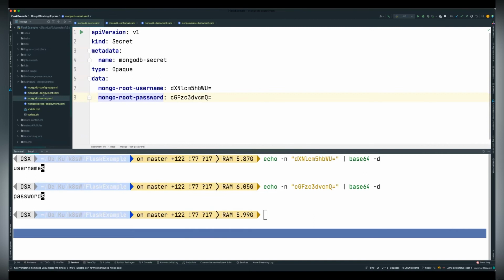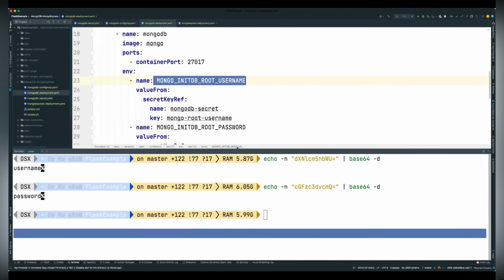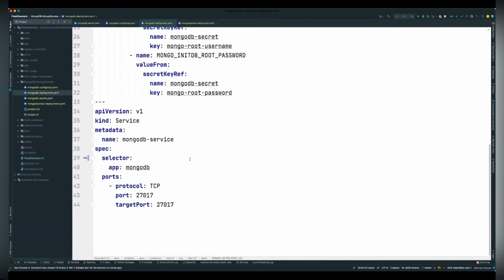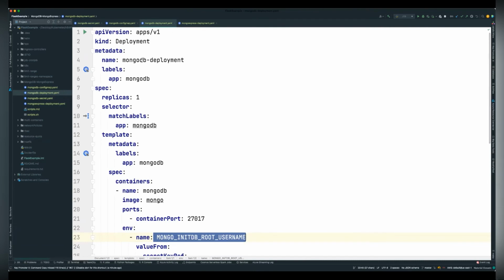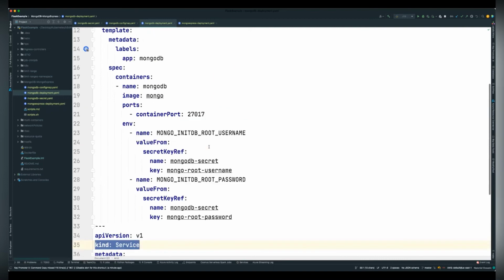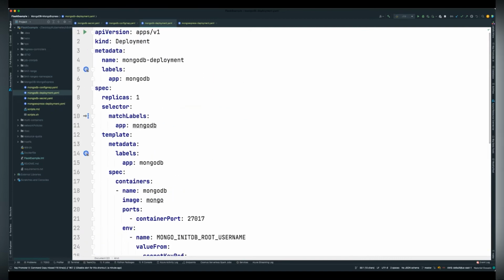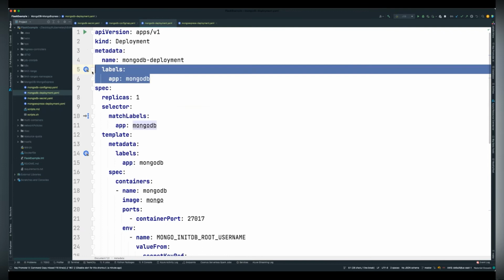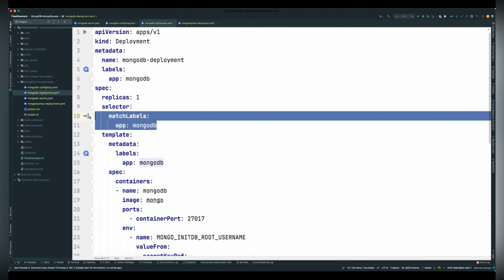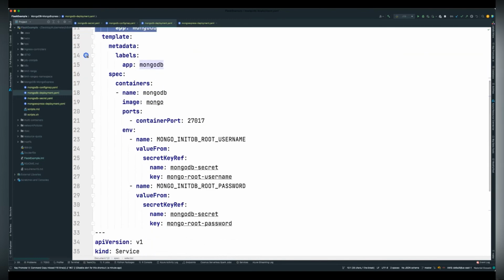So this is how you hide confidential data in your secret YAML file. Now let's go to the MongoDB deployment. So this is the MongoDB, and we have 2 configurations: the deployment and then the service. Okay, so for the deployment, this is the name, and it's labeled as mongodb. It has 1 replica. It has some matching labels. The name of the container is mongodb, the image is mongo, and it's running on this container port